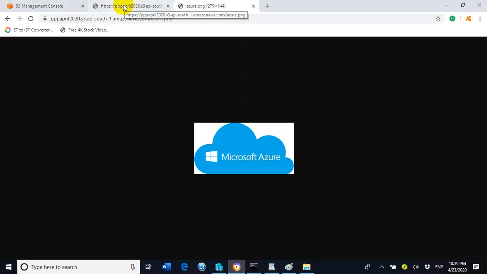So this is how we can create a bucket, how we can upload an object inside the bucket, and how we can make the object inside the bucket publicly available and access it from any part of the world through the internet.